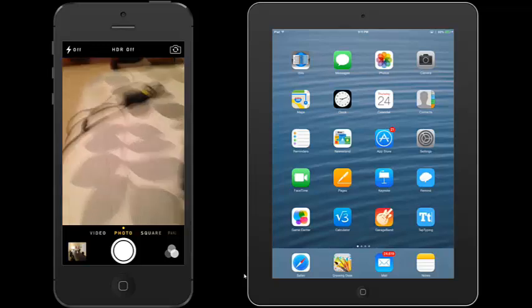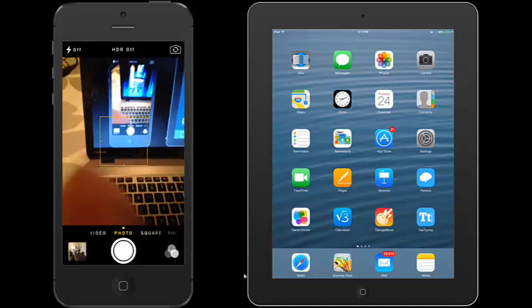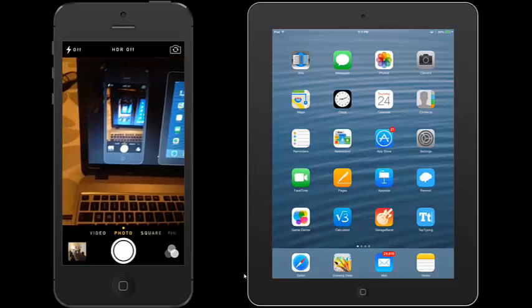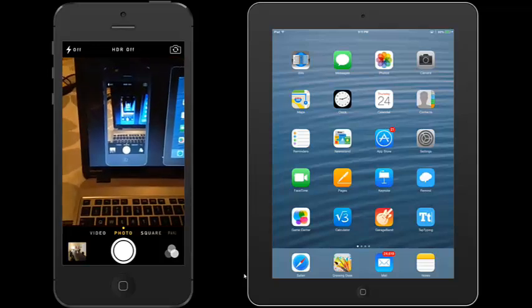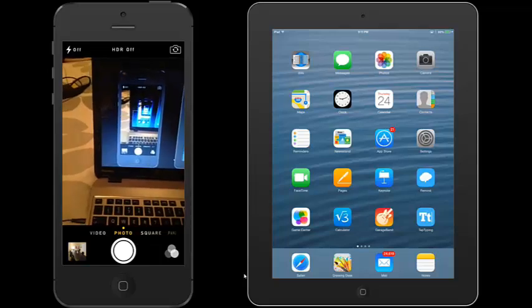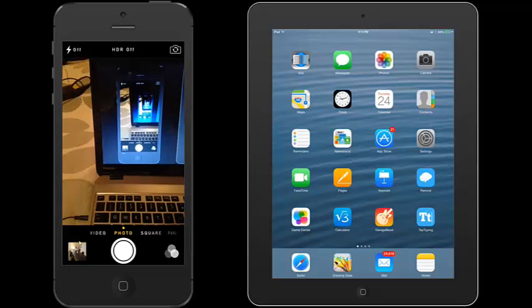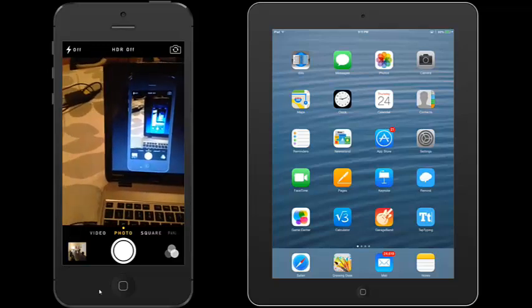Again, it's the left, so I click on camera. And then what I'd like to do is go ahead and share a picture. It's hard to see, but at the bottom left, there's a picture. Here, I'll use my mouse. Right here, there's a picture. See that picture? I want to share that. So if I click on that,